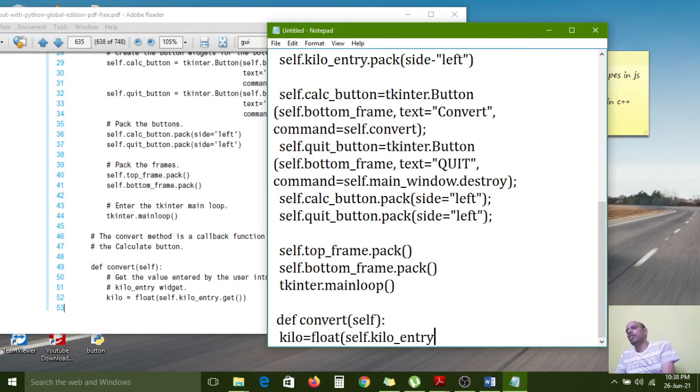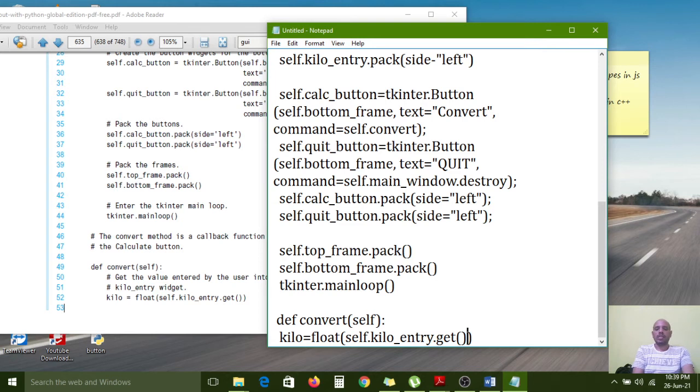If you enter the kilometers, then it will convert into miles. If in the entry widget you pass the value, by reading that label you can enter a distance in digit format. So how will it collect from the entry widget? By using the get method. That's why we use self.kilo_entry.get.